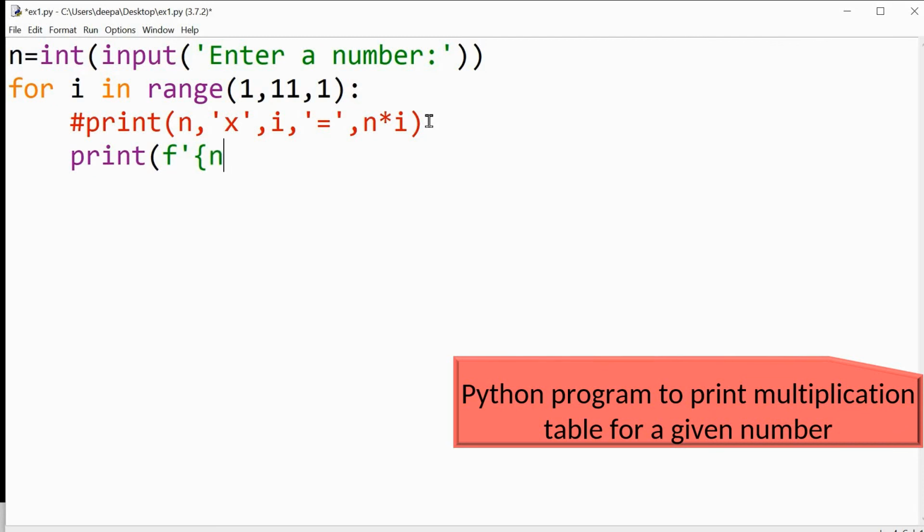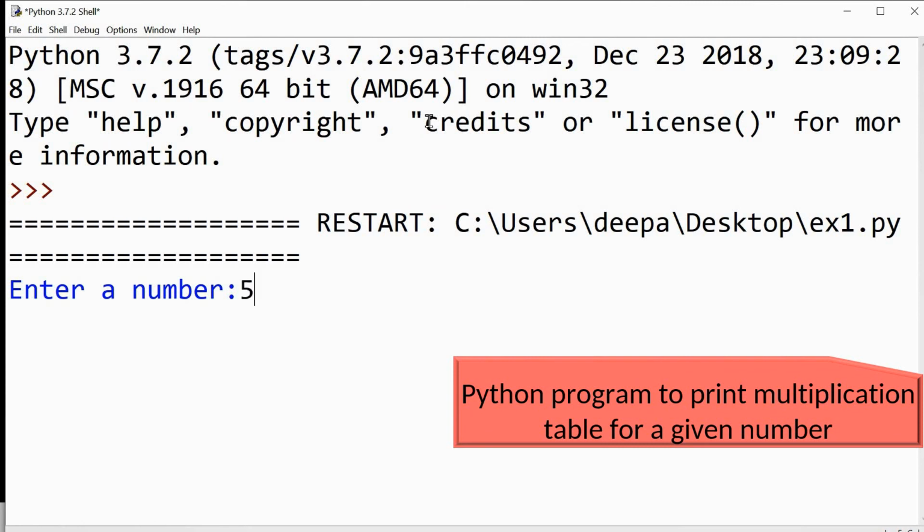So n is placed within a placeholder, then an x, then i within a placeholder, then equal to, then the calculation n * i also within a placeholder. Close the single quote, close the print. You should learn to write print statements with f-format. So see the output. Now let us generate 5 tables.